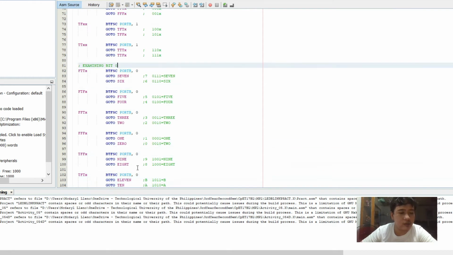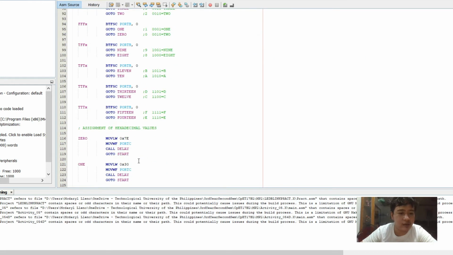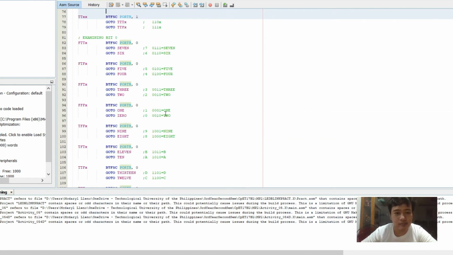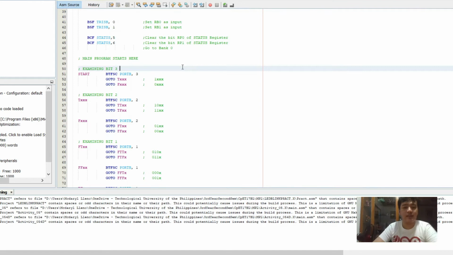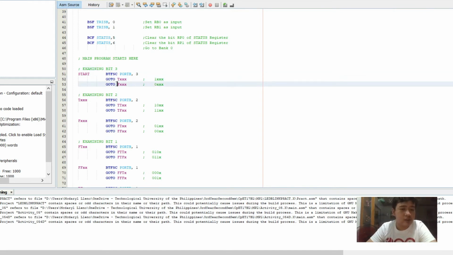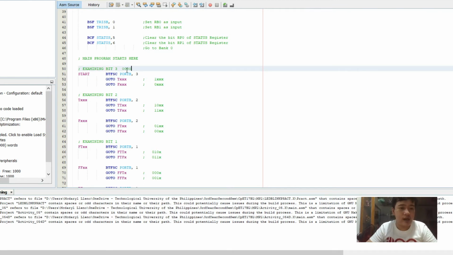Here we have different values assigned. We have all the values from 0 to 15, or 0 to hexadecimal F. So let us simulate the program. For the value 0, 0, 0, 0, it will examine bit 3. In 0, 0, 0, 0, bit 3 is 0, so it will skip this line and then go to this line. It is correct because it will go to 0, 0, 0, 0, which is also classified here